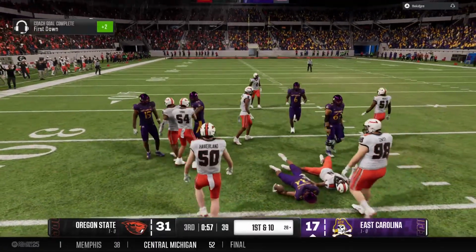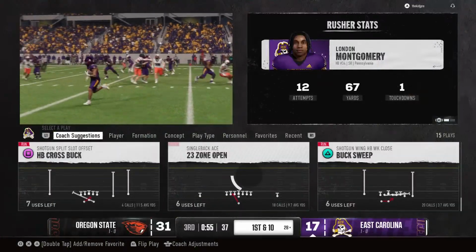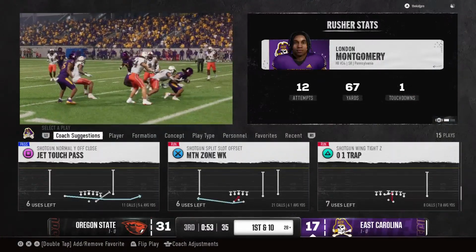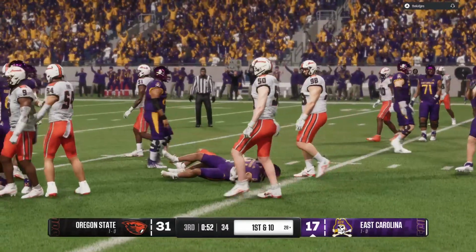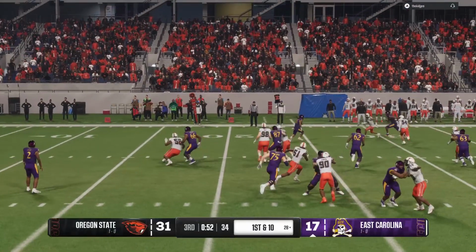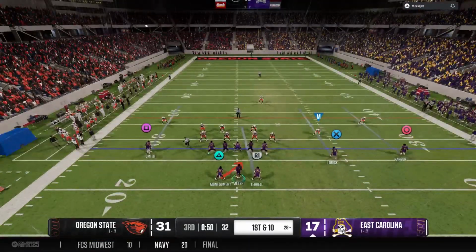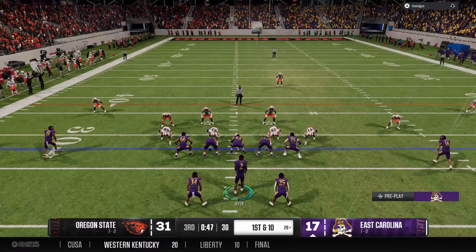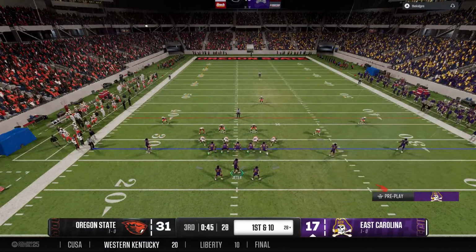They get him on the ground, but not before he gets enough for the first down. And I don't care if I did it by 2, by 20, by 30, by 40. I just want to get the first down, understanding the situation, understanding where the sticks are. Doesn't have to be sexy, but I got to make sure I get to that stick, get to the first down mark.